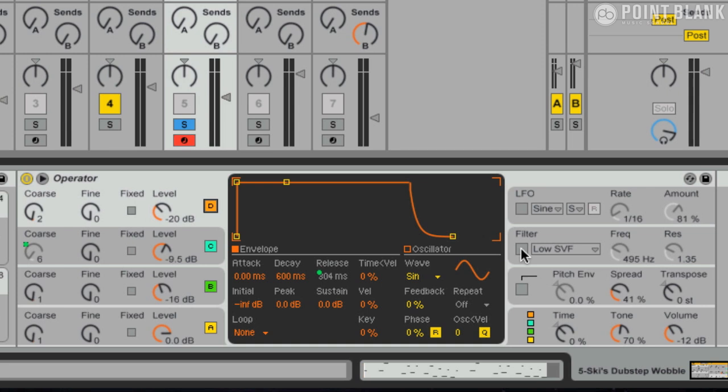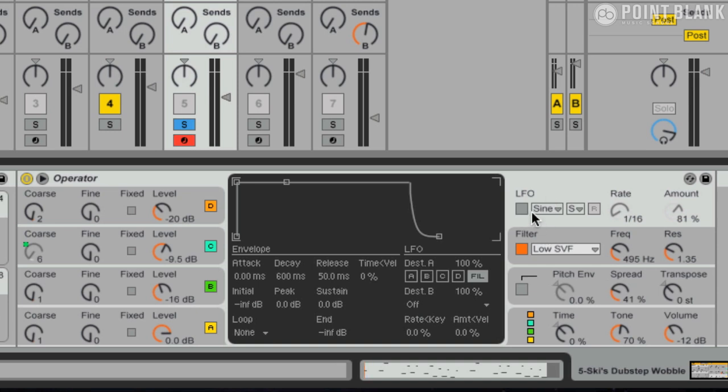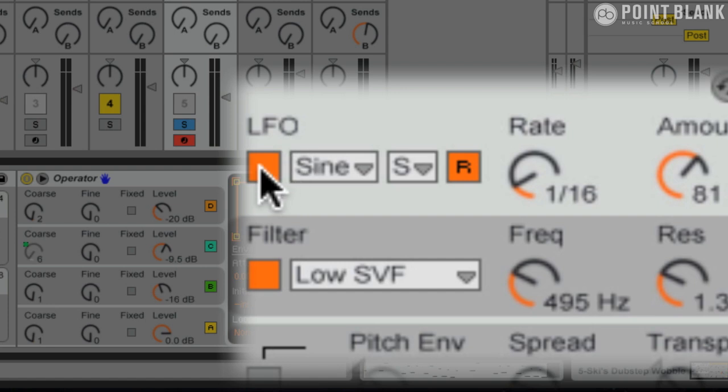The interest comes when you work with the filtering. And to get that kind of wobble sound, you have to assign the LFO to control the cutoff frequency. So I'm just going to turn that LFO on now. If you just click on this LFO panel, you can see the destination here. And I don't want to send the LFO to any of the actual operators. I just want to send it to the filter, which is what I've got here. And if I turn that on and the filter's on as well,